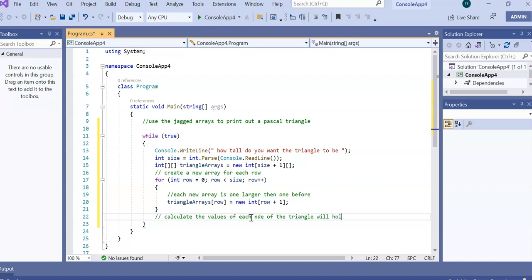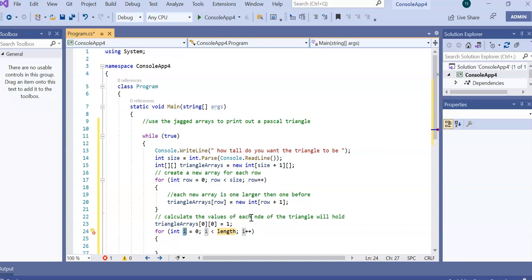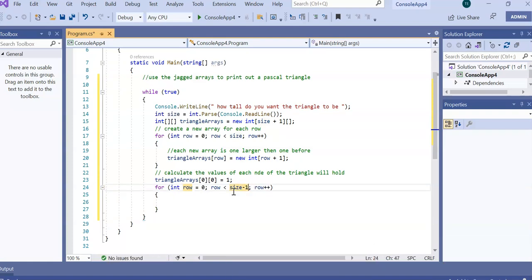Okay, so we know the triangle array's first element, [0][0], has a value of 1. Now after that we could have one node or more. So how do we do that? I'm going to loop: for int row equals 0, and because we already have one element filled in, we need to do size minus 1,